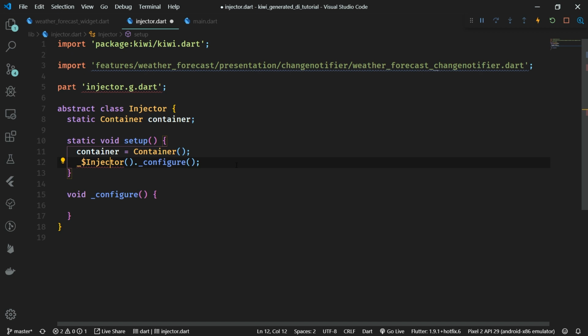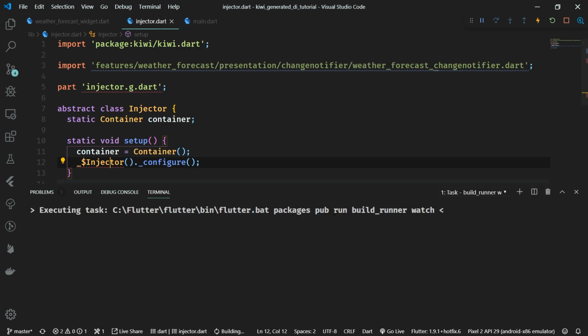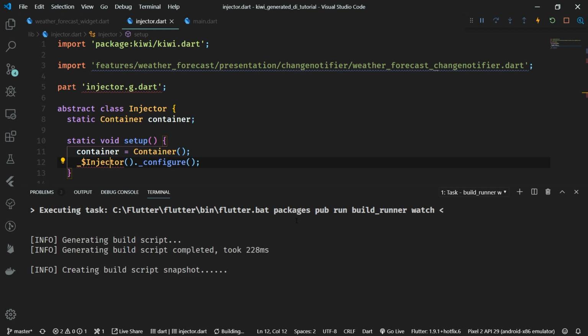And I have found a very, very awesome quick way of building Flutter projects. You can press Control-Shift-B and choose Flutter Build Runner Watch. With that, you're going to execute this awesome task, which you are used to typing into the terminal directly, but you do not need to type anything into the terminal. So just hit Control-Shift-B, or Command-Shift-B, I guess, if you are on Mac, and you are going to